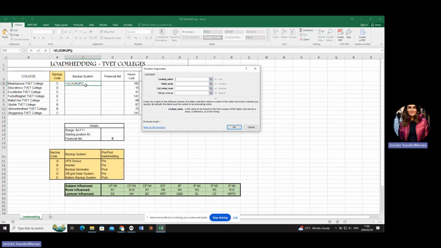You need to focus. C1. What is my lookup value? What lookup value am I looking up? I'm looking up the C. I have the C. I'm going to get the answer according to my code. So I'm choosing that, which is B4. What is my table array? A table array is where the computer needs to look for that, and that is what it's called, a reference table. So I'm looking at this one. Are you with me?